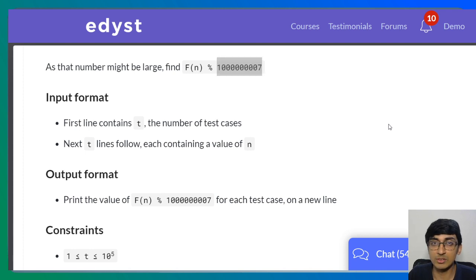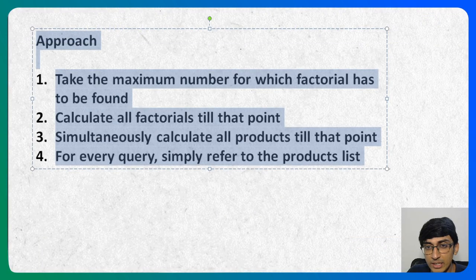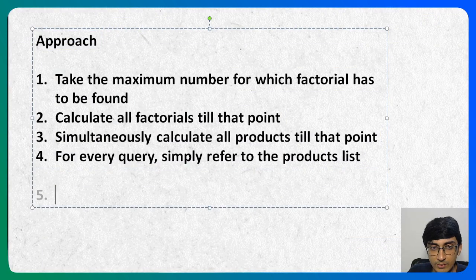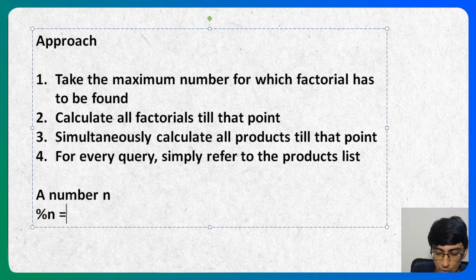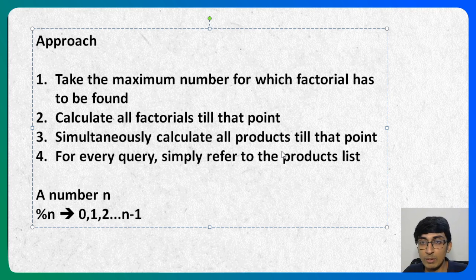So what is the property of modulo? It will always keep the numbers from 0 up until n minus 1, right? If you're taking modulo n. I'll just quickly cover with all of you why we actually take modulo. So let's say I take a number n, not a very big number, and I do modulo n. The only possible values you're going to get are 0, 1, 2, all the way up till n minus 1, because the remainder cannot be n or greater than that, right? So if we do all of our multiplications under this modulo, then we will cap the number between 0 and n minus 1.